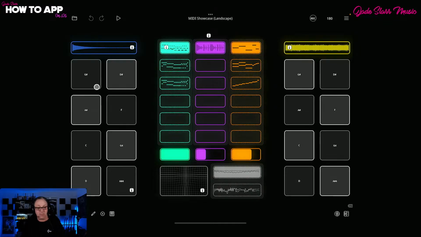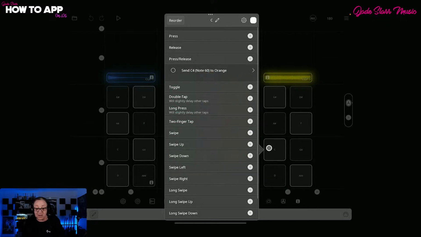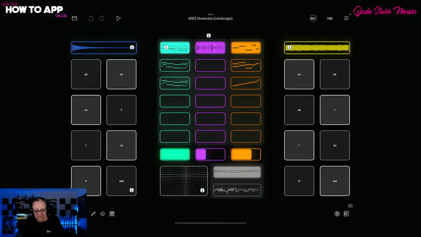So here we've got a sample. Yeah, just a one-shot sample. Here we've got another sample. And what has been made is these buttons that play different parts of that. And over here, so you can see when you swipe up on something like this or go into edit, you can see what's going on. So send C4 note to orange. So you can actually put notes in here. We've got some MIDI clips in here as well too. So these are over here. We've got an XY pad. If we hit play,